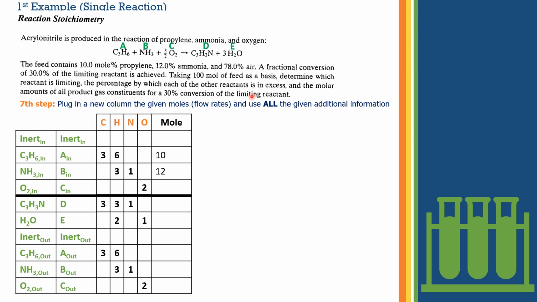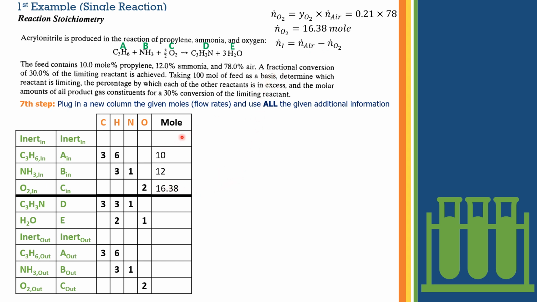So we need to use that information that the number of moles of oxygen gas is equal to the total number of moles of air multiplied by the mole fraction of oxygen in air, which is 0.21, and the moles of air is 78. So the number of moles of oxygen is 16.38 mole. We plug it in,